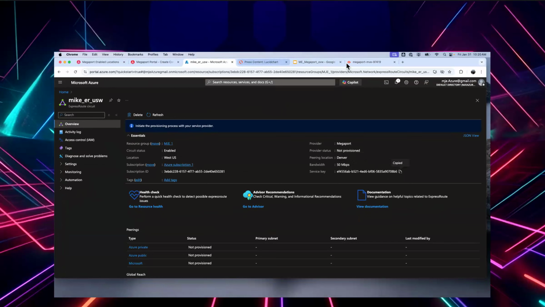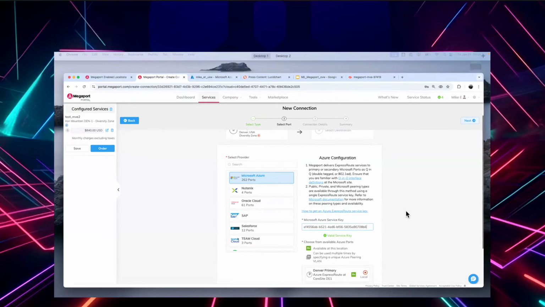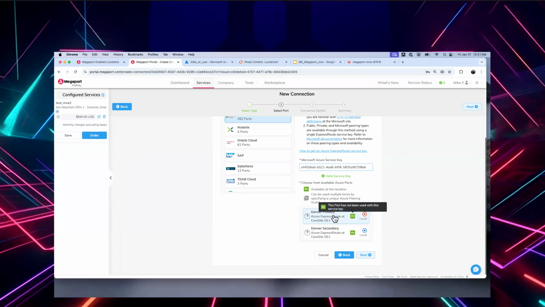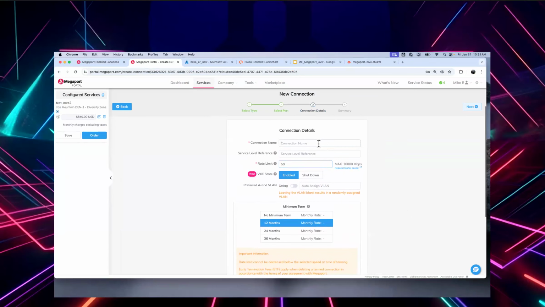And I copy that service key, come into the portal. And when it does that, it's actually making an API call to Azure, and it's grabbing that. And then it's already got the 50 meg pre-populated because that's what we build.